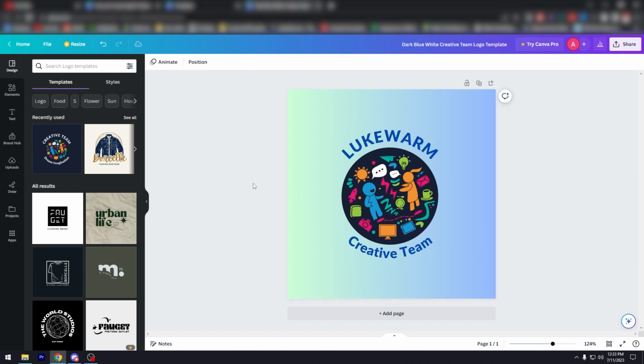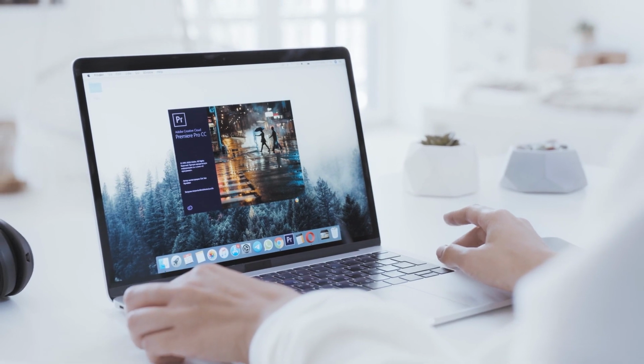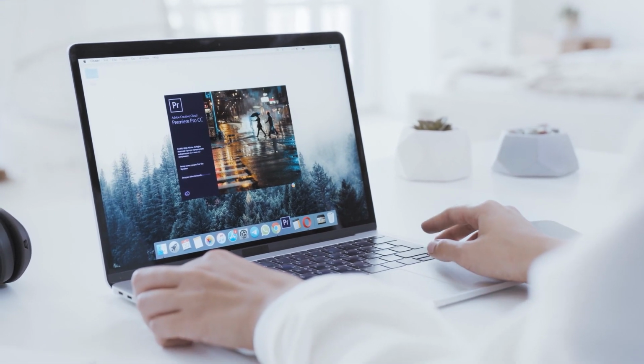And as you can see, it looks cute. You know, it looks nice. It's very presentable, and it's unique. You know, so yeah, that's pretty much it. That's how you create logos using